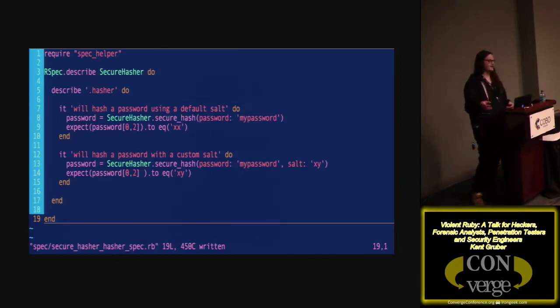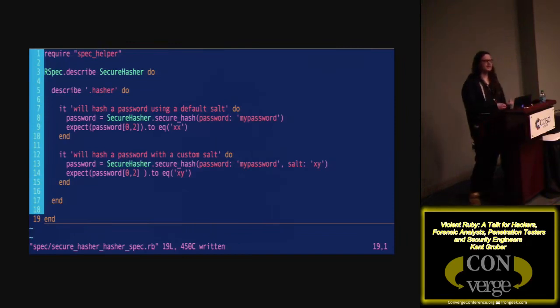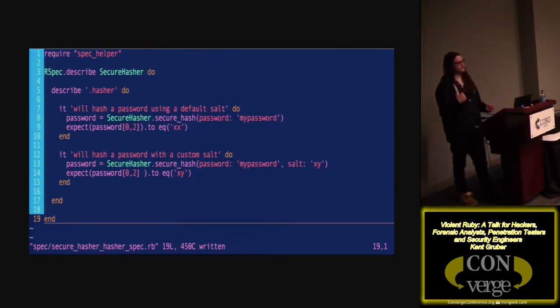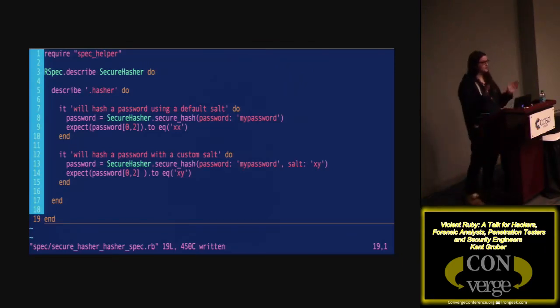There's a whole bunch of other libraries that have been written in Ruby to do this sort of thing. There's one called ServerSpec, which is where I took a lot of influence from, and InSpec for Chef stuff. There's a whole bunch of really great testing culture inside of Ruby that I think the infosec community should really check out. And you should write tests for your other programs too, because you can usually write tests for whatever programming language you're in, whether Go or Python or whatever. You should be writing tests, I think.